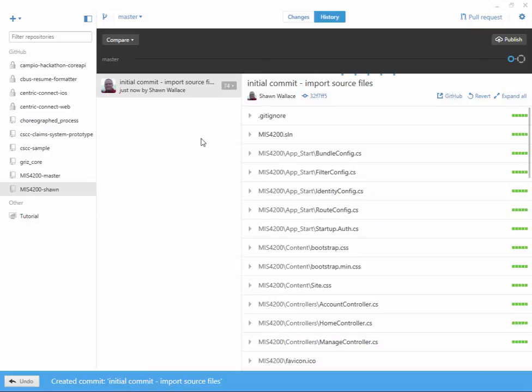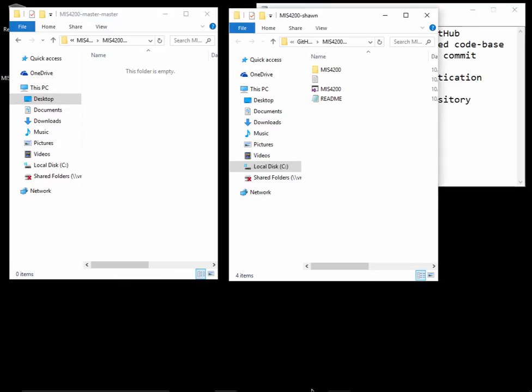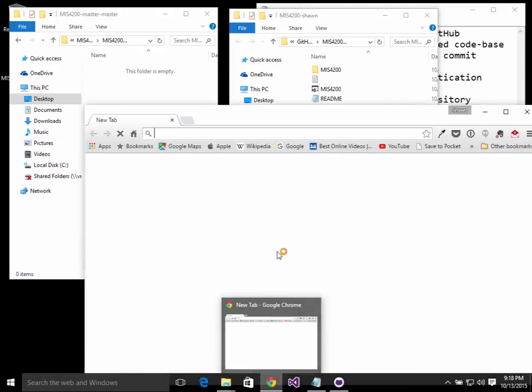So I've committed them locally. There are no local changes, but we now notice, because we have a publish button, that we have local changes that have not been committed to github.com. And we can verify this by going to our local repository in GitHub